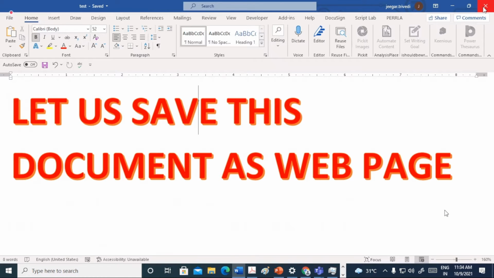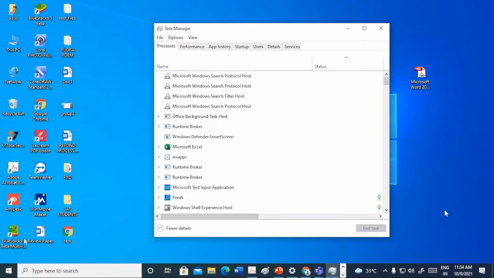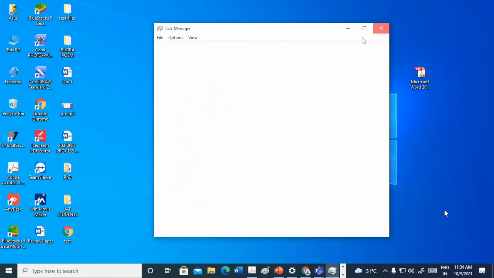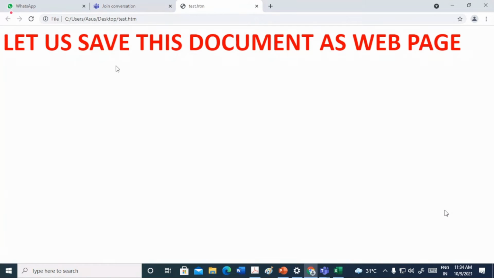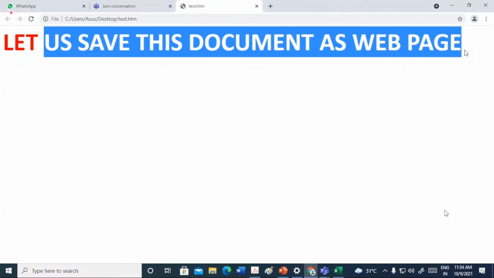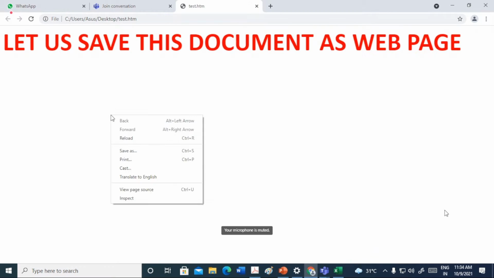I'll close this Word document, and let us see if a test page is created. Yes, see, the test page is created. Let me open it with Google Chrome, and you can see that it opens like this. And you can also see the source code of this.